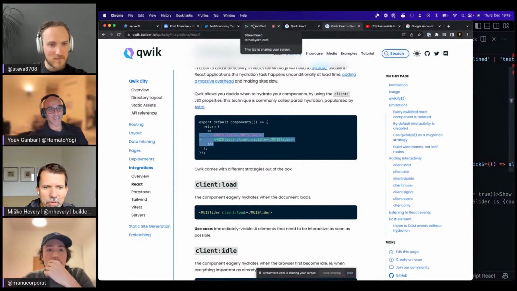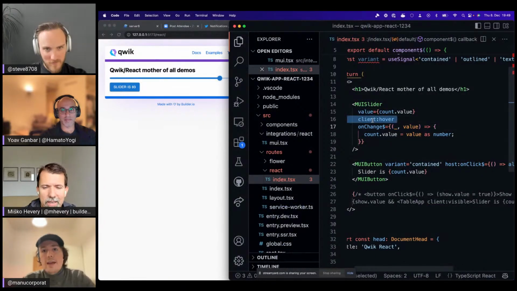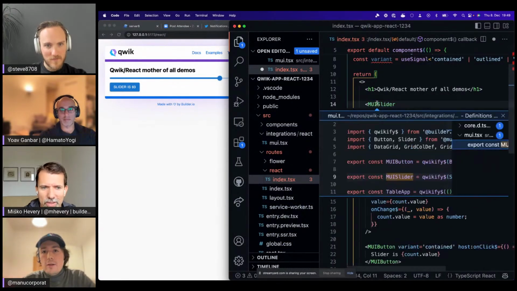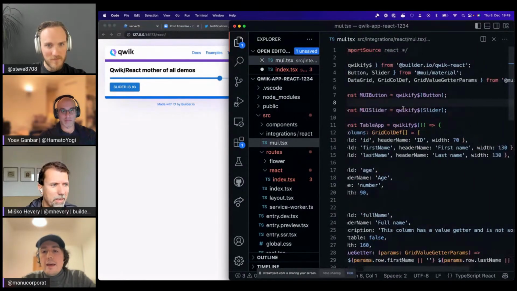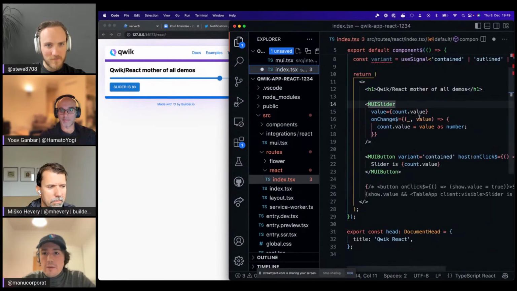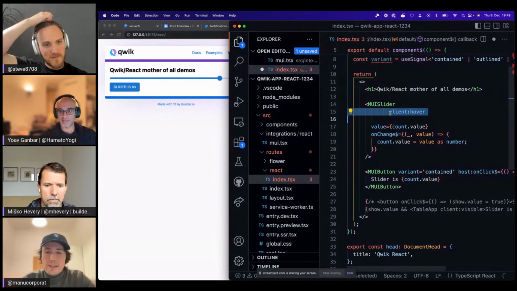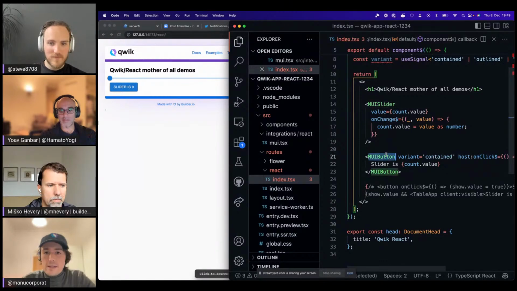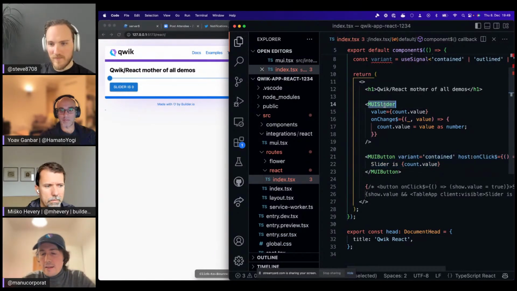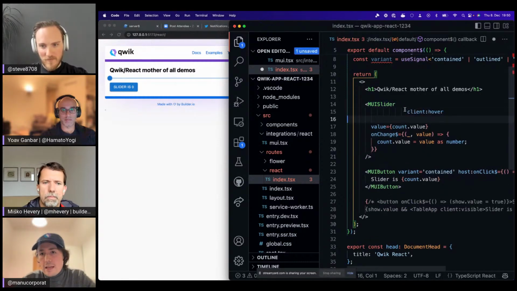Well, hold on, but you don't have to add the hover directive to every single instance, right? You can just configure Qwikify to automatically add it to every single one. Yeah. So it's not like you have to do this ceremony for every single component you place on a page. So for example, for a slider, you saw before that I was doing this, right? To make it work. But that's a very good point. For a button, that's fine, but you will argue that for a slider, that's not okay, because a slider without the client hover is useless, basically, right?